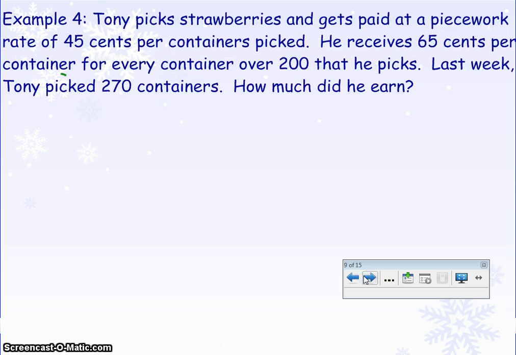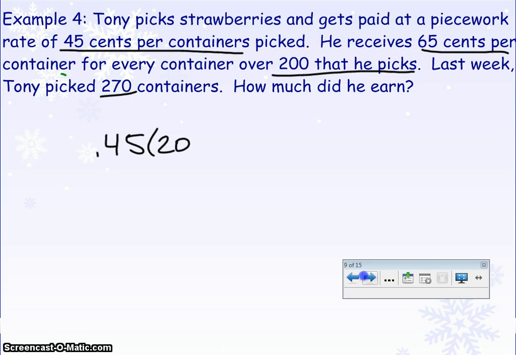Example 4. Tony picks strawberries and gets paid at a piecework rate of 45 cents per container picked. He receives 65 cents per container for every container over 200 that he picks. Last week Tony picked 270 containers, so how much did he earn? Well, we know that he earned 45 cents for the first 200, and then he earned 65 cents for anything